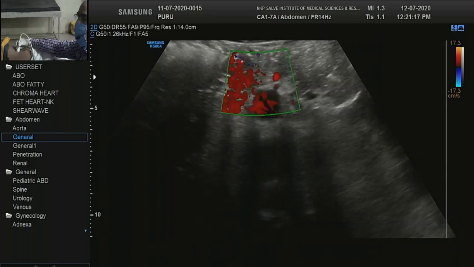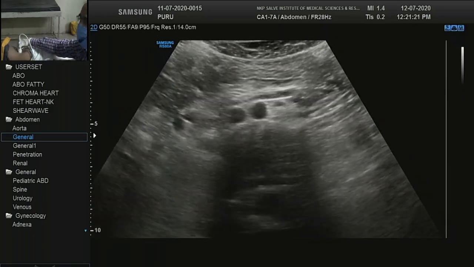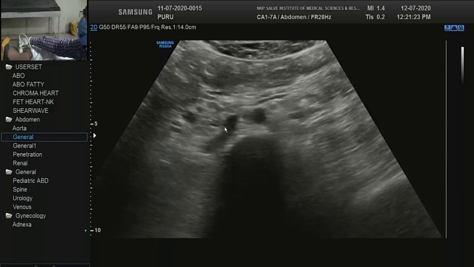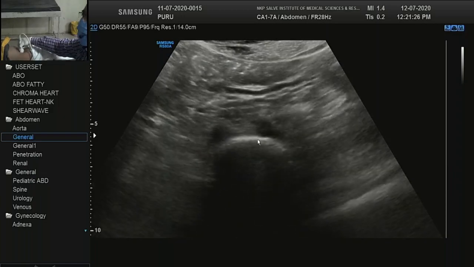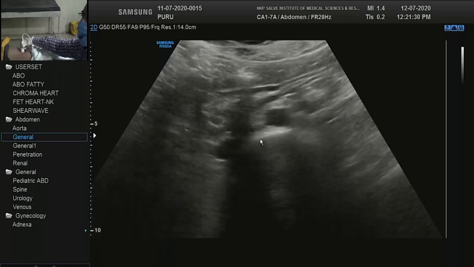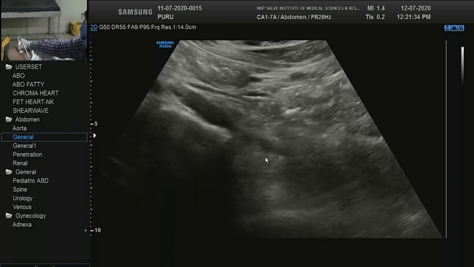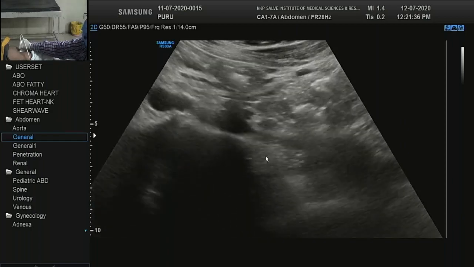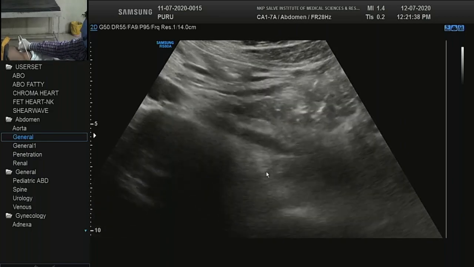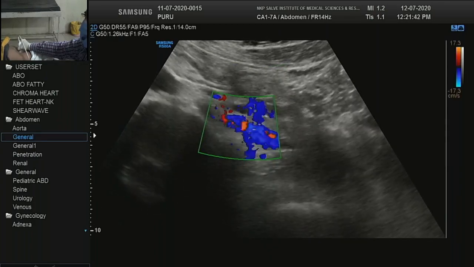The bifurcation in transverse, this is left, this is right, and the left iliac you can trace it. Once you see in transverse, it is better to trace in long section, because as it goes deep, many times you are not able to see it nicely, and if you are not seeing it nicely, just take help of color and you can see that.